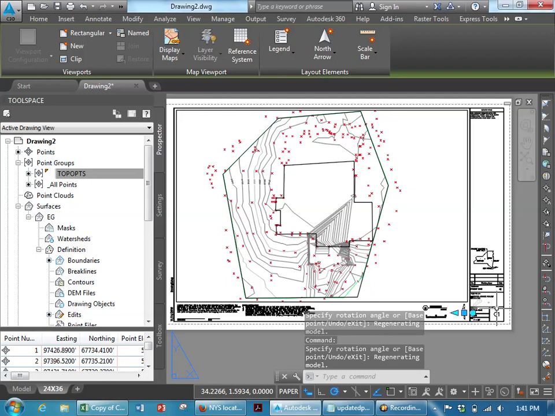So, is there anything else that you guys wanted to see? I mean, that's like the basics of doing surfaces, importing points, modifying your points, figuring out where there are problems with your points, because you're all going to probably run into that stuff. Any questions with that? None? Okay, so let's